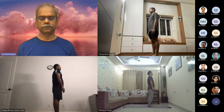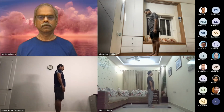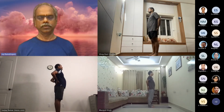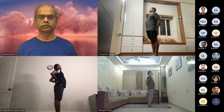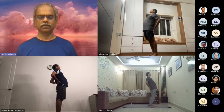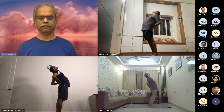Feet hip width apart. Place your palms on your glutes, fingers pointing down. Open your chest, elbows pointing to the back wall. Next inhalation, move your hips gently forward, chest forward, look up at the ceiling. Gentle back bend. 5,